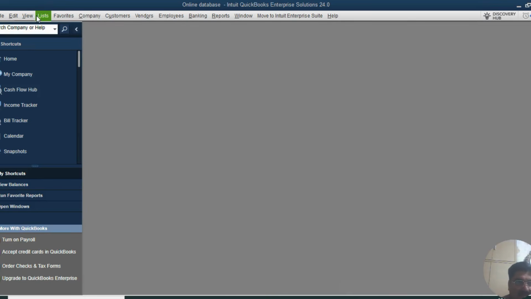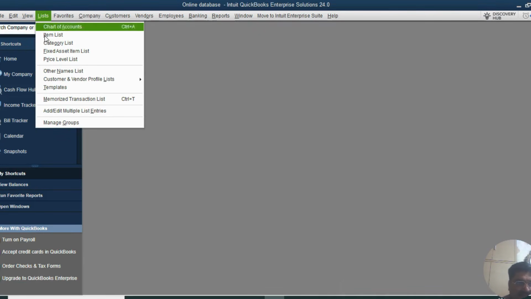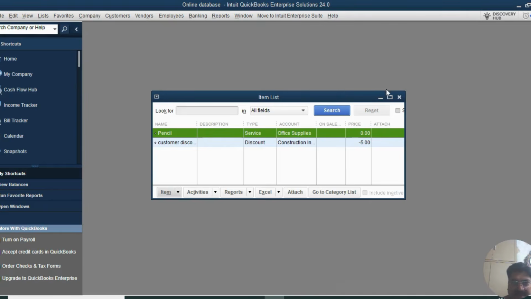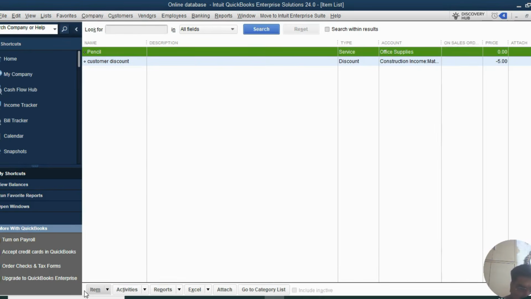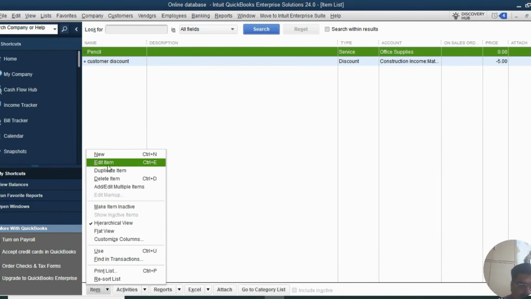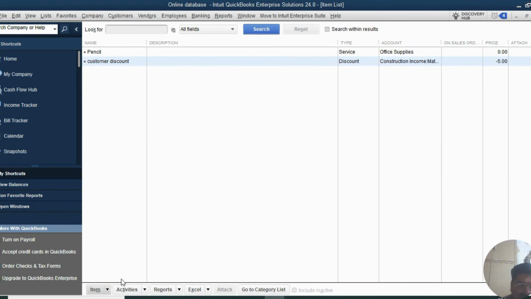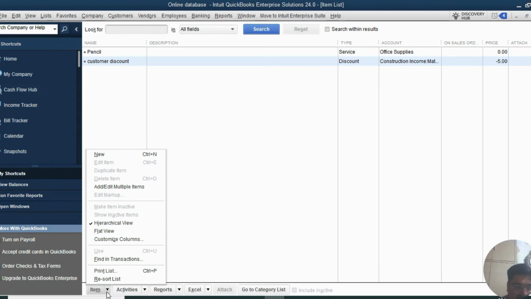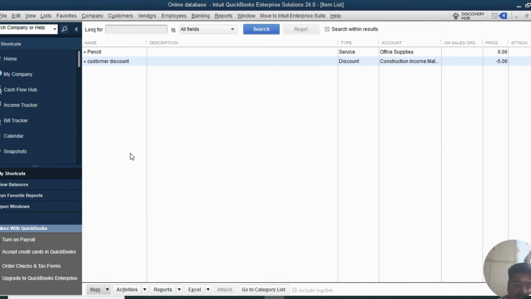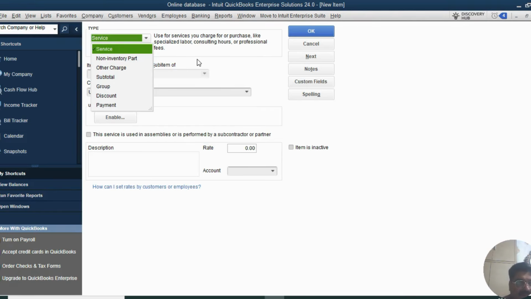Desktop. So let's go to the list first and go to the items list to see what kind of items we have and what kind of items we can create here. So let's go to the items list from the menu list and click on items list, and at the bottom you can see there's a drop down of item where we can click on new. When we click on new here, we will be able to see all kinds and types of items we have. The service item we have already learned earlier, and this is the non-inventory part which we will be doing